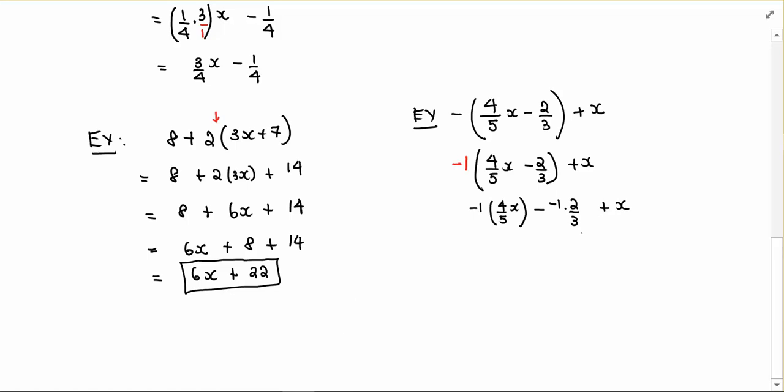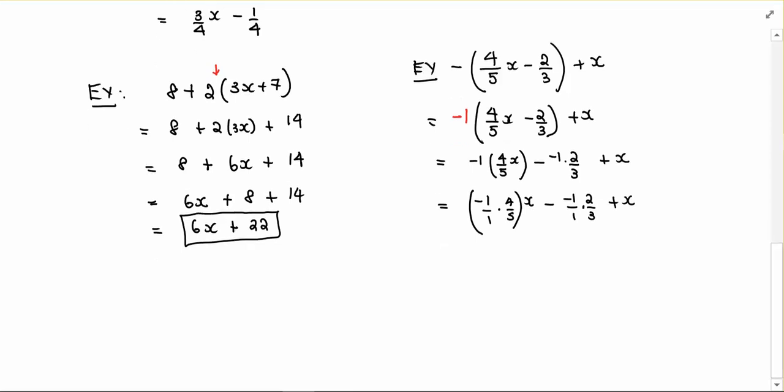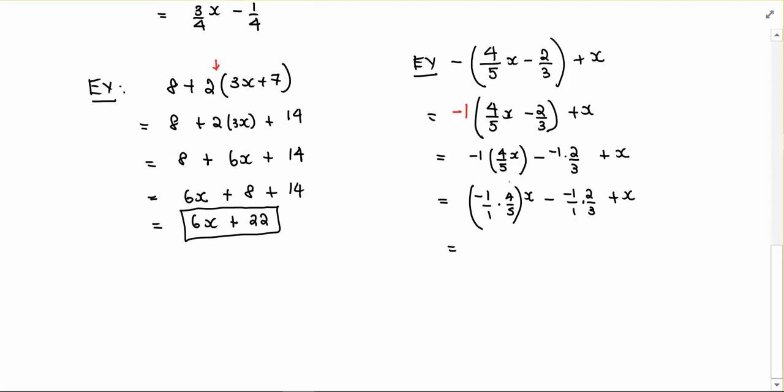And so this is the, over here, we can again do the associative property and say this is -1 over 1 times 4/5 x, and again over here this is -1 over 1 times 2/3 plus x, and when you multiply, we multiply across